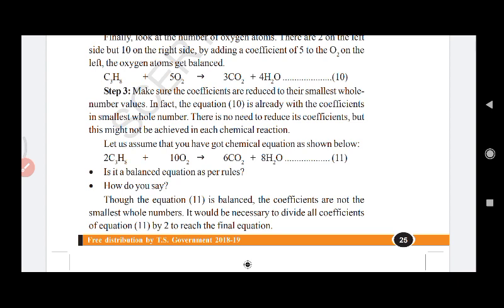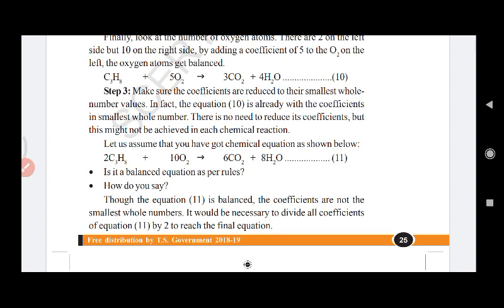Look here. We only have 5O2, 3CO2 and 4H2O. But before C3H8 we do not have any number. Okay, so there is no requirement of making a simple whole number ratio for the given equation. If the equation were like this, 2C3H8, 10O2, 6CO2, 8H2O, we could simplify it with 2. But we did not get it like this.